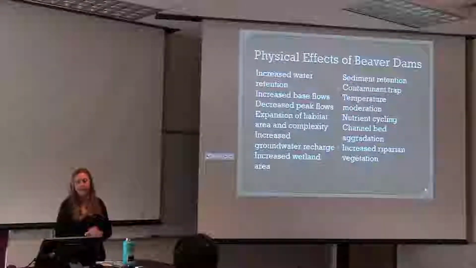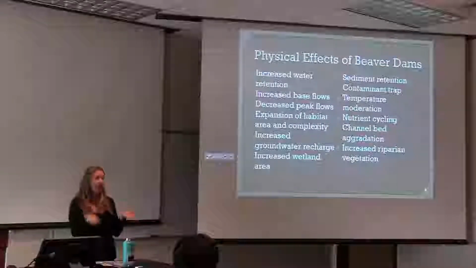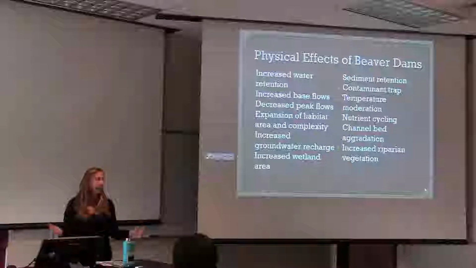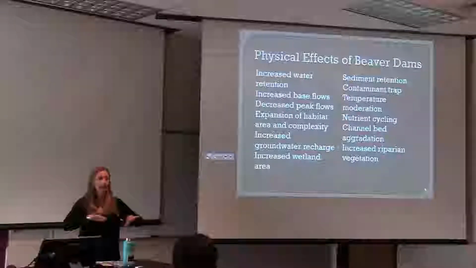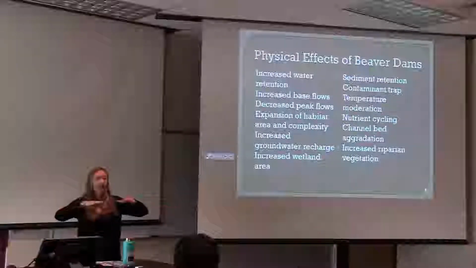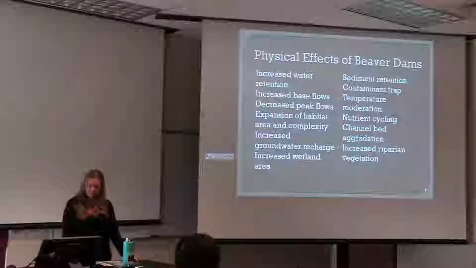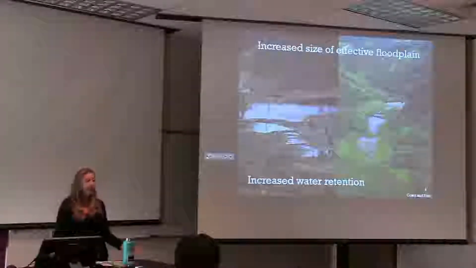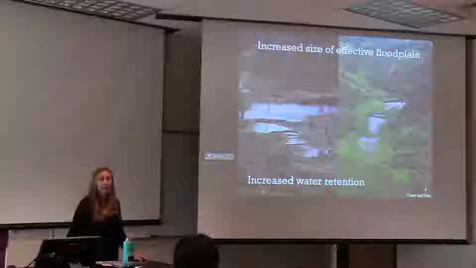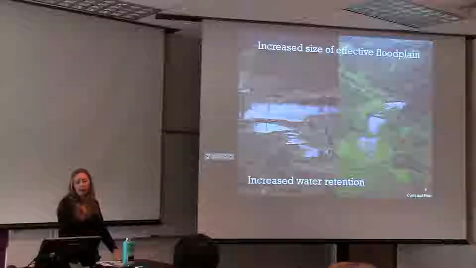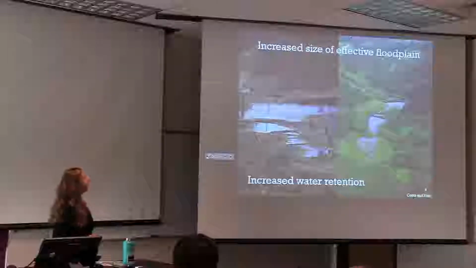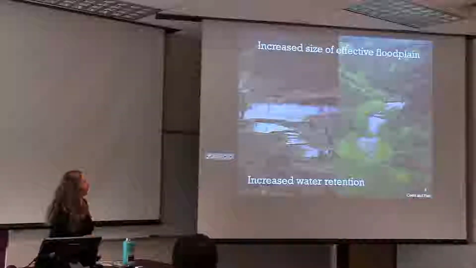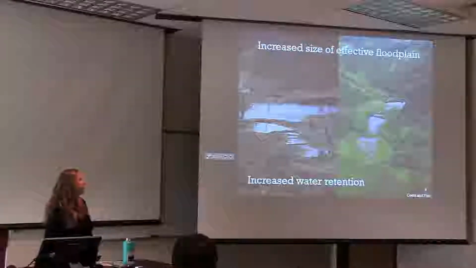They help with nutrient cycling and aggradation, that deposition I was talking about, and increase overall vegetation because of that increased flooding into the riparian zone. So here are some examples of increased size of floodplain. You can see here just the thickness of the riparian zone and how much water the dams can